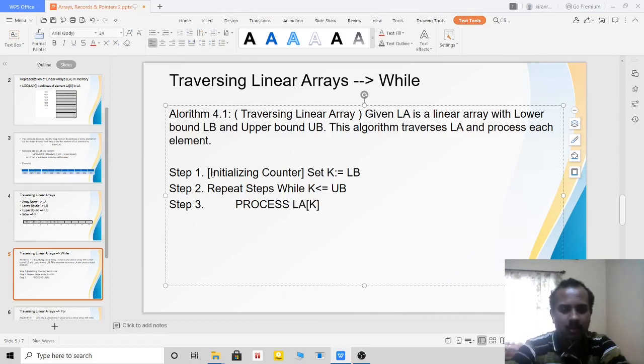So what I am going to apply is process in LA of K or to LA of K.